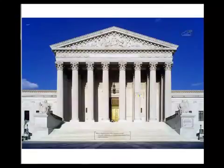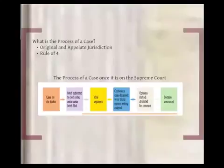Now let's look at the process of a case once it gets to the Supreme Court. Remember, the Supreme Court is both an original jurisdiction court and an appellate court. However, it deals with more appeals than original jurisdictions. The Supreme Court decides which appellate cases to take based on the rule of 4. Each justice looks at the briefs from all the different cases and then decides if they want to take them or not. If 4 of the 9 justices decide to take the case, then the case is tried in the